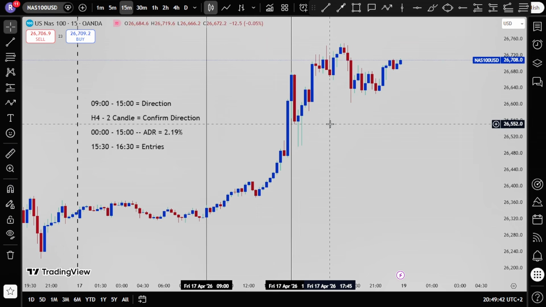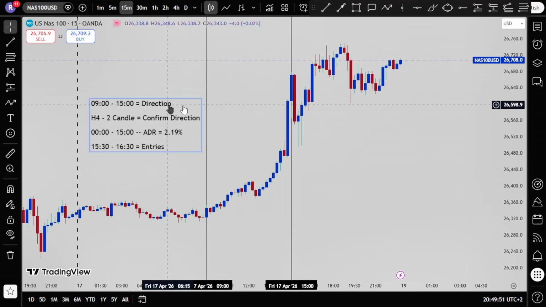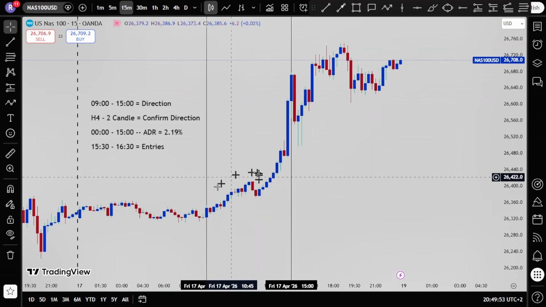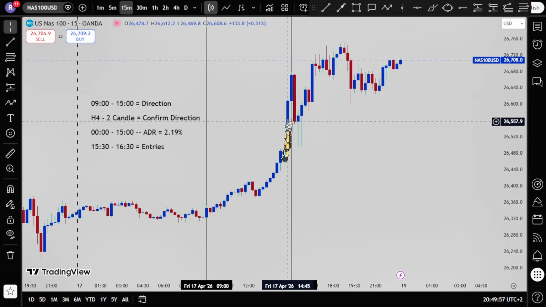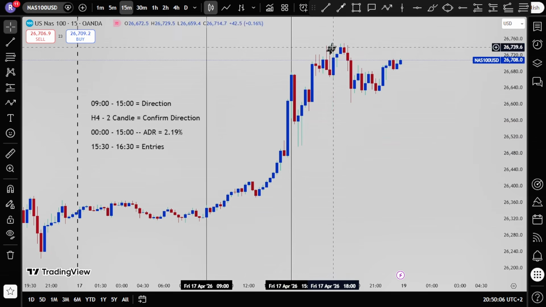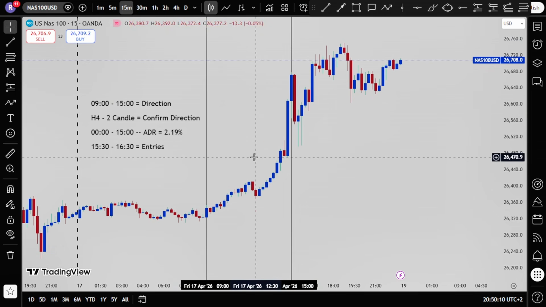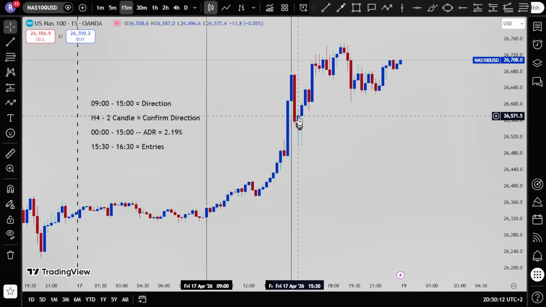But I know someone is saying, I think I found a trick. No, this is not a trick, because you've got to move in the same direction as the market condition or the direction that you found between 9 and 15 right here. For example, right here we've got the direction that you found, that you want to continue in the same direction. This is a continuation, it is a buy. That means you want to see the market open, pick the low and go all the way to the upside. So having the market condition or the direction of the market at hand will save you from taking the wrong direction,